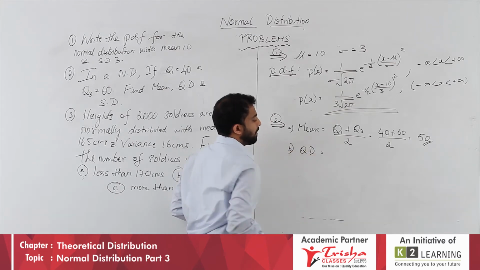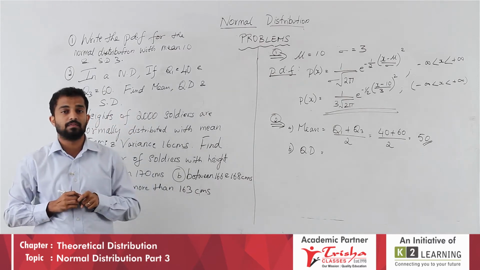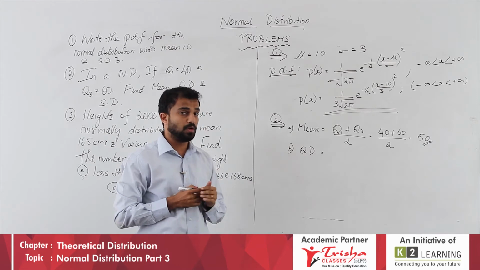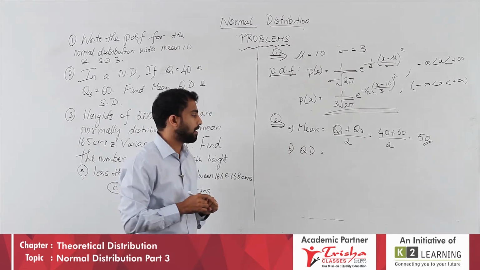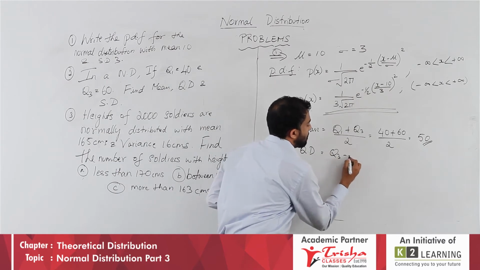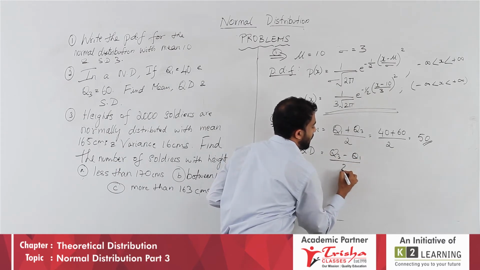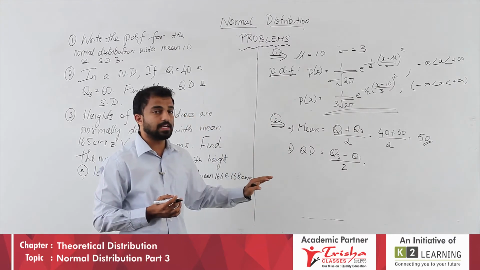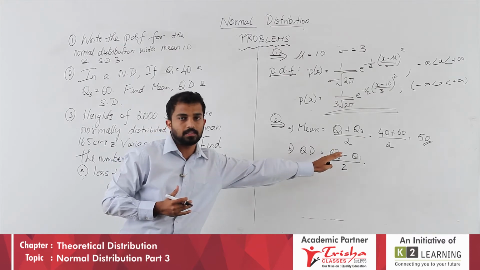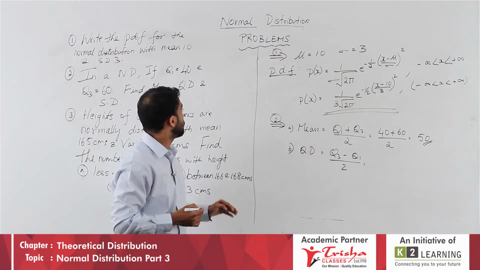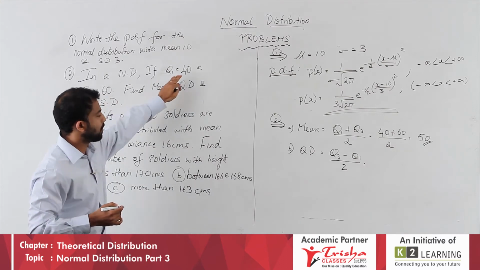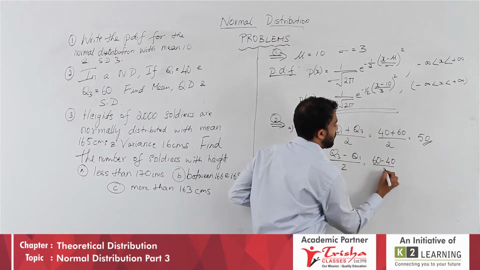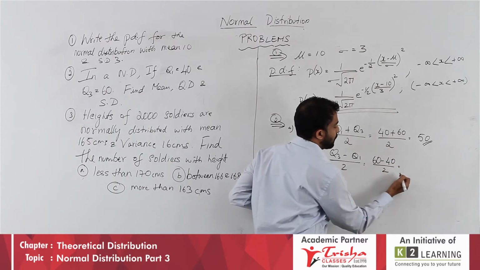We need to recall a little bit of maths as well as stats from that of first PU. So quartile deviation, students, the formula was Q3 minus Q1 divided by 2. This was the formula for quartile deviation. So what does the quartile deviation formula say? Quartile 3 minus quartile 1 divided by 2. Substitute the values. Q3 is 60, Q1 is 40, which means 60 minus 40 divided by 2, and this gives us 20 by 2, which is